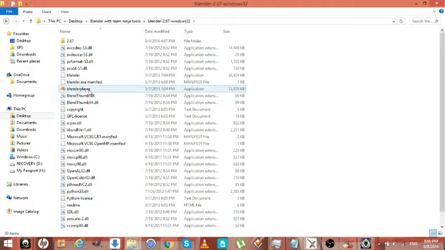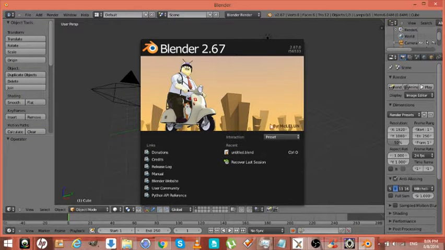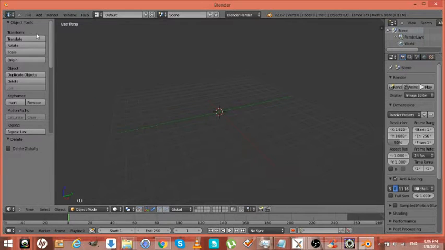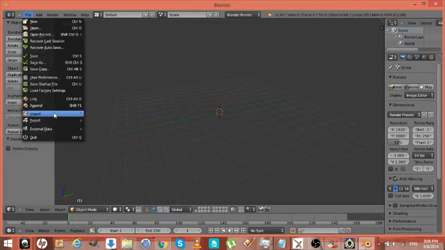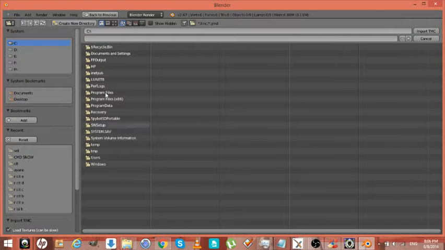2.67. This is the Blender you're going to use, and this is going to be able to import TMCs and GMDs. Now for the last round model, since they're PC, you have to use a different type of importer to get them. But as I said, I don't have to set up my render groups here because I'm going to show you how to do it really easy yourself. See, TMC to GMD, this is going to give me all the model in its place. So